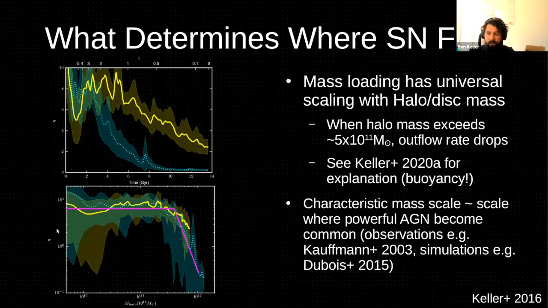So you can see the outflow mass loading here as a function of halo mass, whether you're looking at the galaxies that produce the correct amount of stars in yellow or overproduce stars in blue, has the same relationship as a function of halo mass, which is flat and high, around 10 or so, until you reach a halo mass of about 5 x 10^11, at which point it starts to fall through the floor. And the reason for this ultimately, again, comes down to the way these outflows evolve. It's ultimately because these outflows are buoyant, evolving along that adiabat.